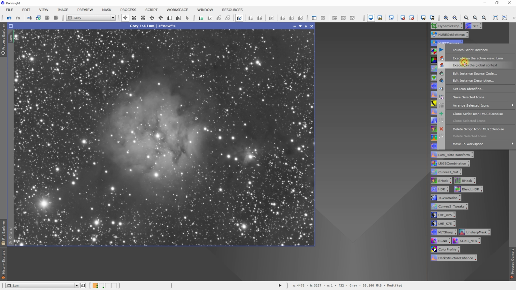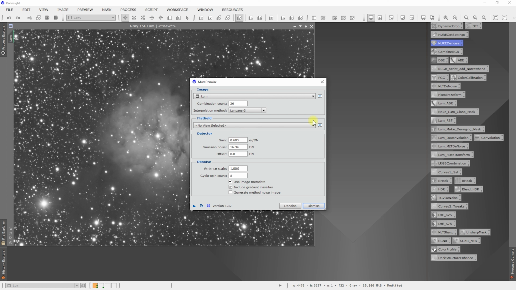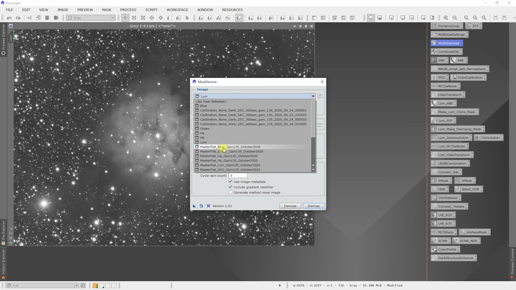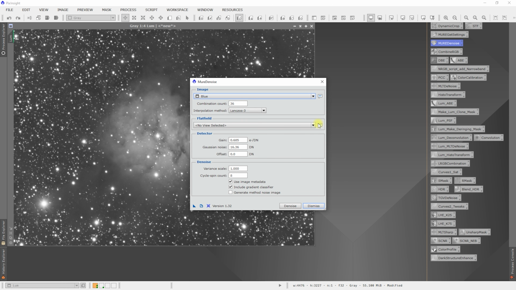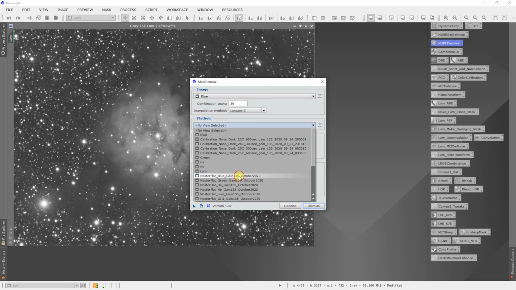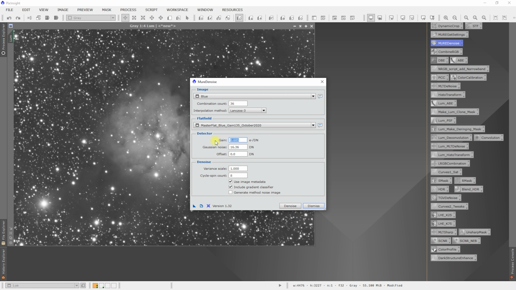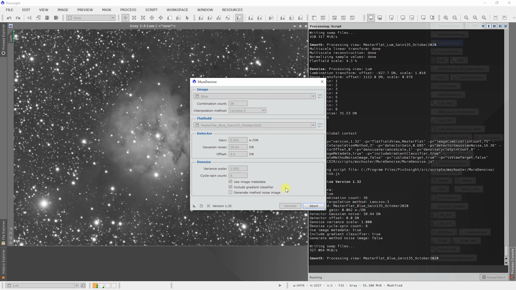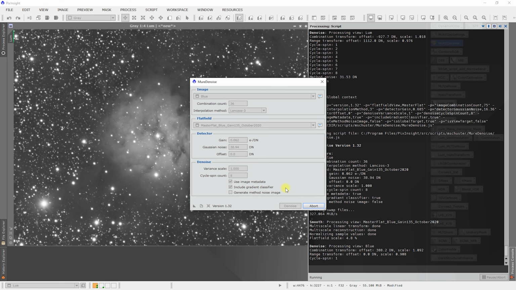So now I just need to do this for all of my other images here. So like blue, and we've got our master flat blue. That's a 10-minute frame, so that's a 0.062. And the noise was 38.94. We'll do a denoise, and yeah, so I'm going to rinse and repeat and get through the rest of these master integrated images, and